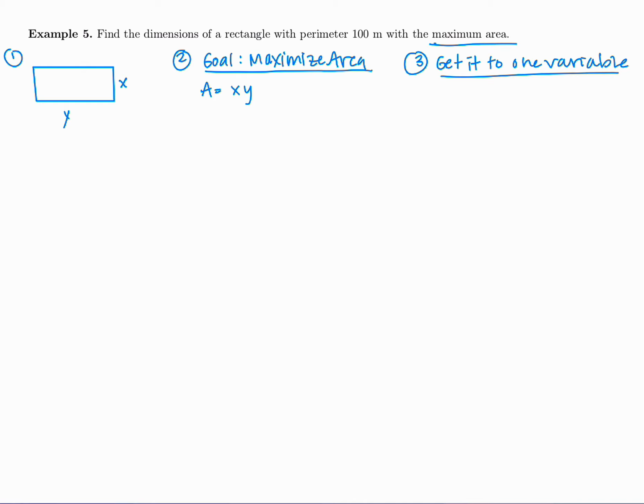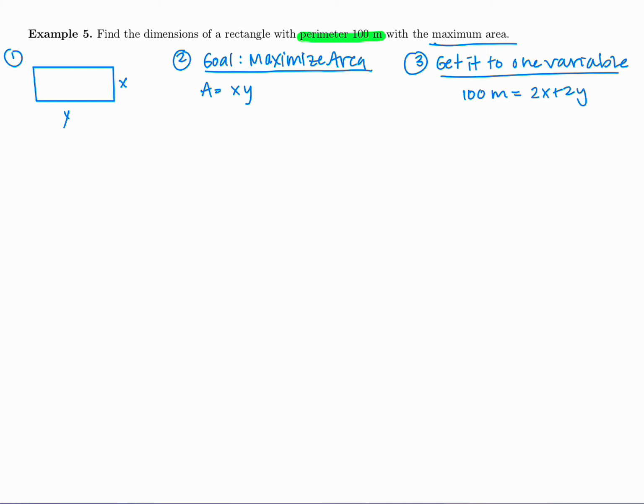And my secondary equation here is going to come in helpful by using this idea that the perimeter is 100 meters. So that is my constraint. My perimeter is 100 meters. I only have 100 meters of, I don't know, maybe this is a fence we need to build. So fencing, we have 100 meters of fencing, and we're trying to make a maximum area out in a field or something like that. But what we have is 100 meters to deal with. So that 100 meters has to be the 2x plus the 2y, because that would be the perimeter of this